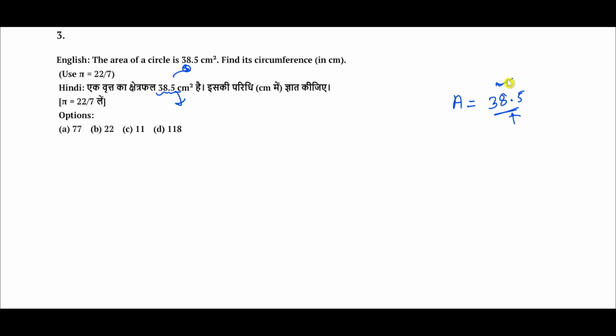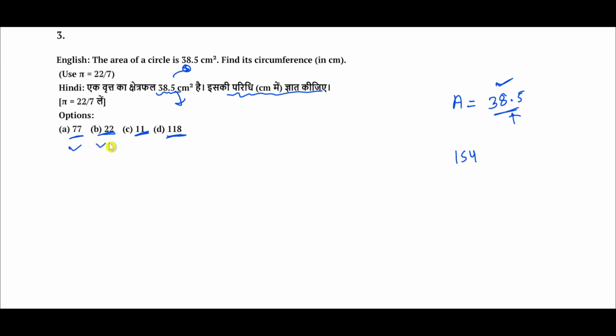According to my opinion, or your opinion, as I told you a few minutes before, if the area is in decimal, that means maybe if your radius is 7, according to you, how do you know here? Look, check from the options the value of the circumference. The question demands you to calculate the value of the circumference. The options are 77, that is also integers, 22 that is also integers, 11 12 11 that is also integers, or 118 that is also integers.